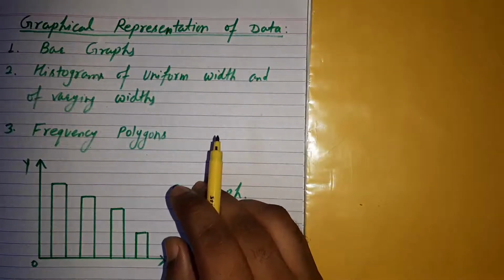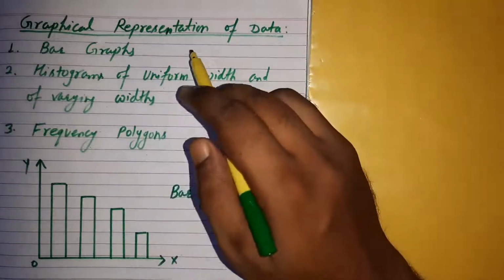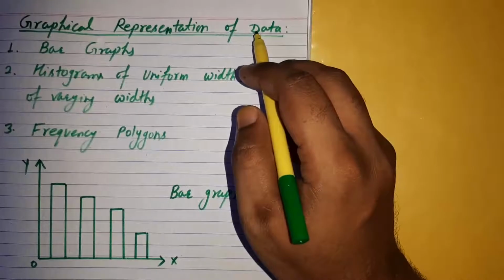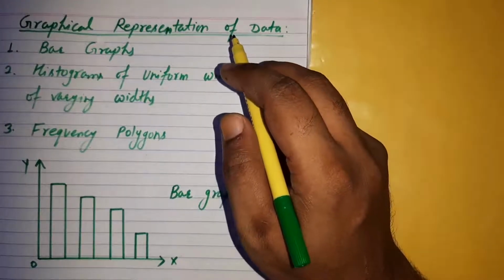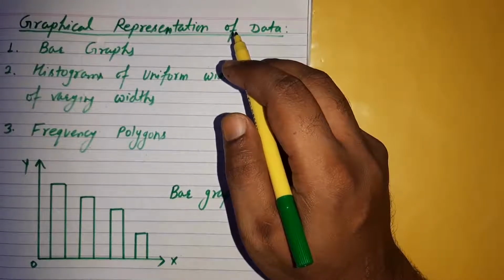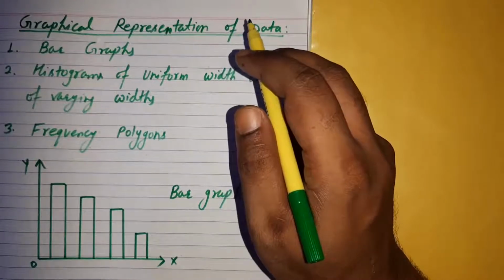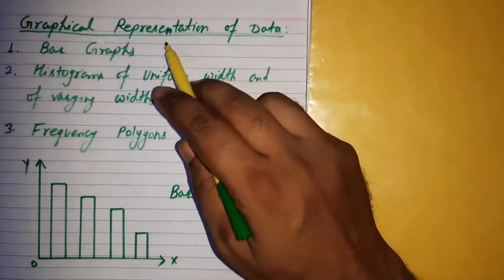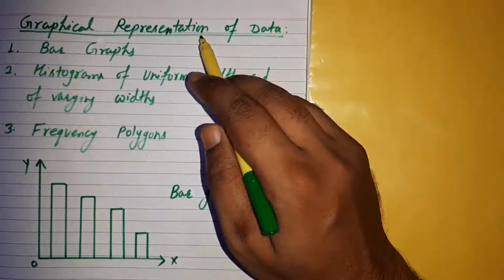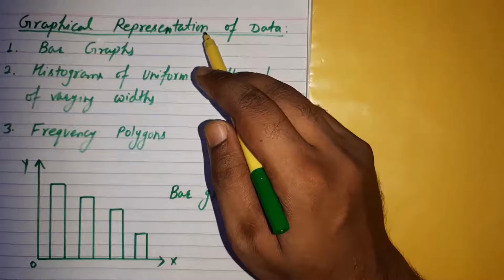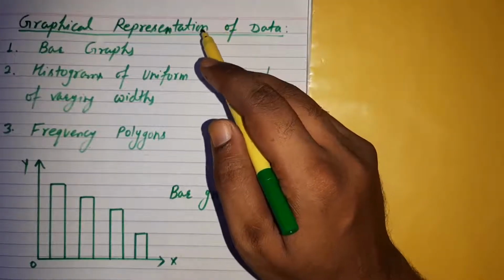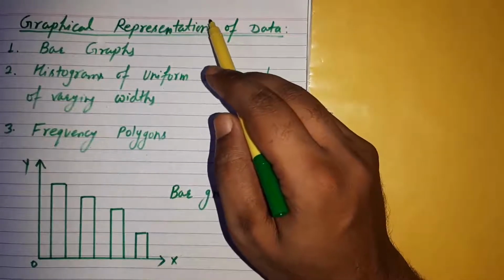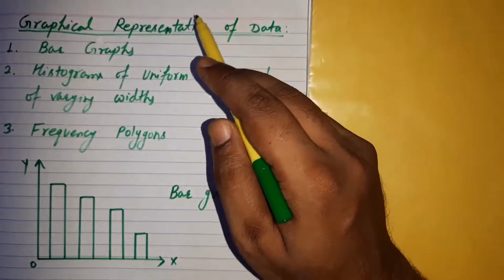Exercise 14.2 is over. Now we will move on to the next topic, graphical representation of data. We have already discussed the representation of data by tables. Now let us move to another representation of data, the graphical representation. It is well said that one picture is better than 1,000 words. The graphical representation is easier to understand than actual data.